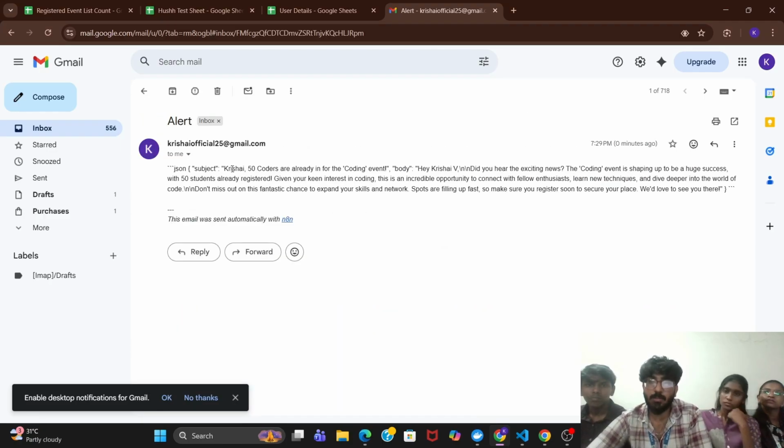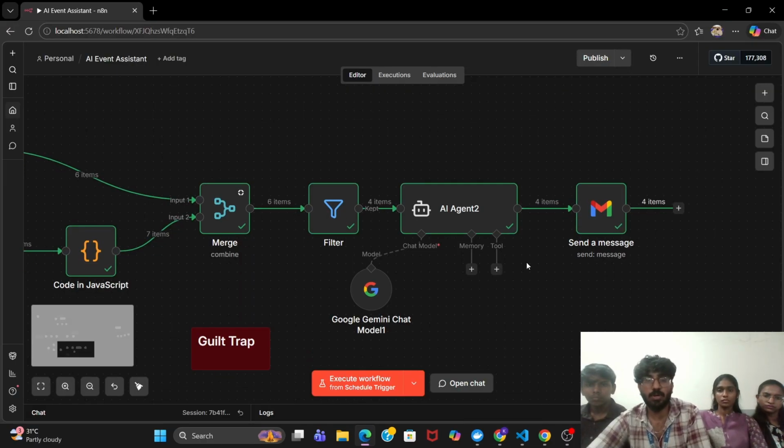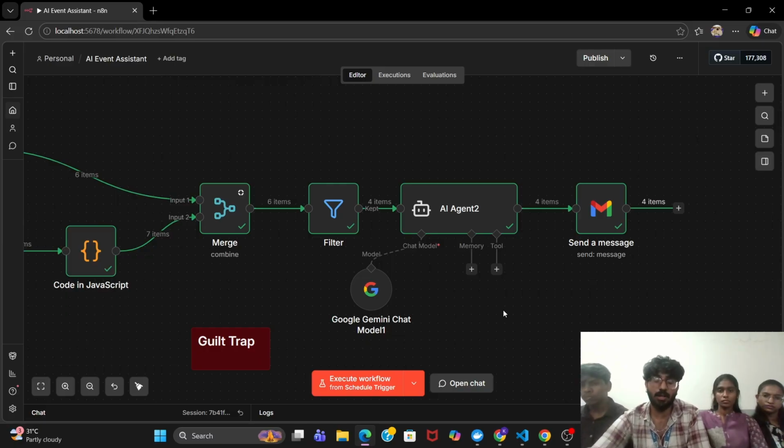Okay, so this is the mail actually generated. Krishna, 50 coders are already in the coding event, and this is the subject. Did you hear the exciting news? The coding event is shaping up to be a huge success with 50 students. And given your keen interest in coding, this is an incredible opportunity to connect with fellow enthusiasts and learn new techniques. So these messages will create a kind of curiosity in the students, and they'll automatically go